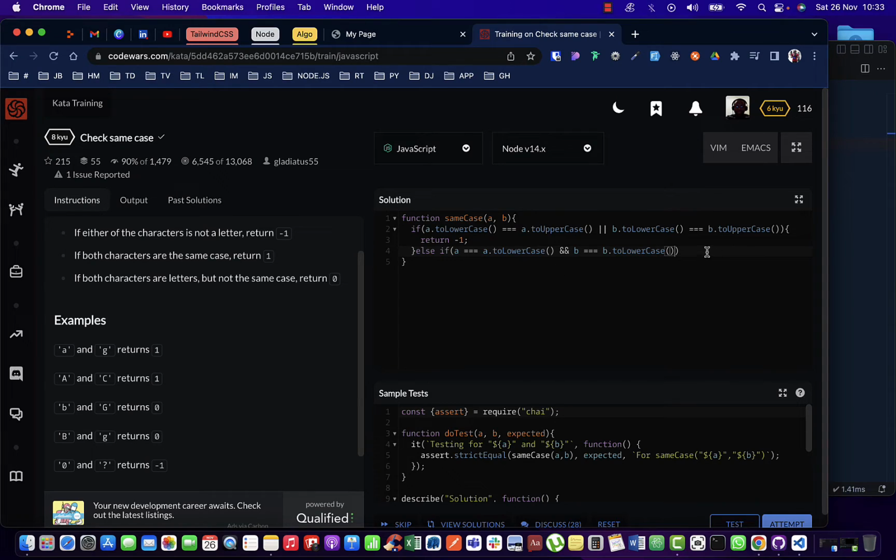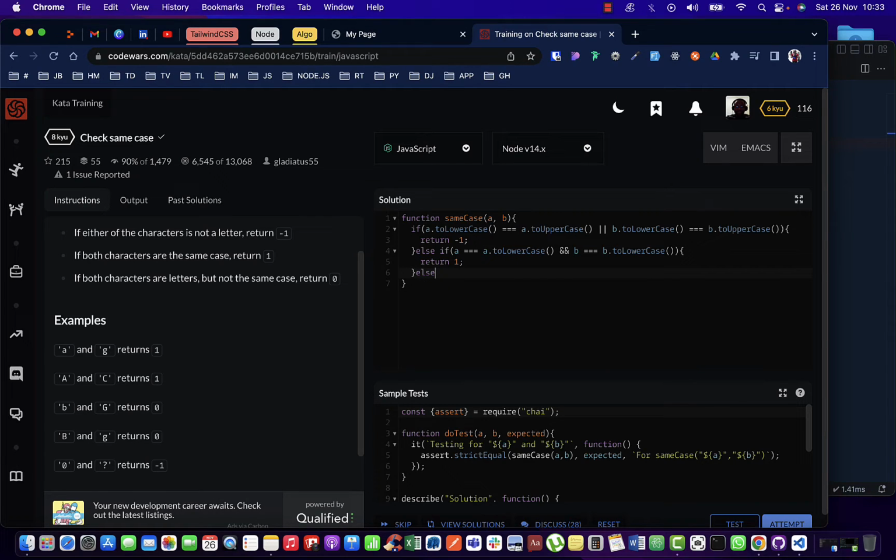If this condition is true, then we are going to return. Now that's where the challenge is, what are we returning? 1 or 0? We return 1 because that's what it's telling us here, that if it is the same case, like in this case if both are lowercase, return 1. So return 1, else